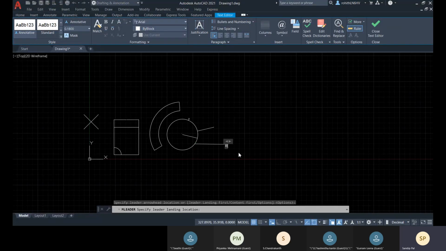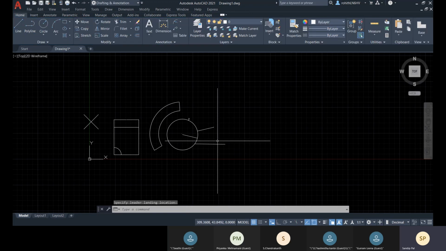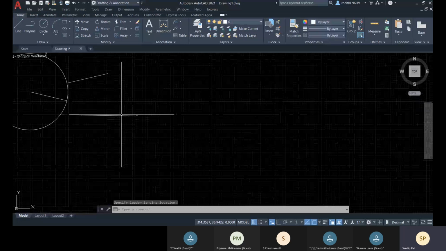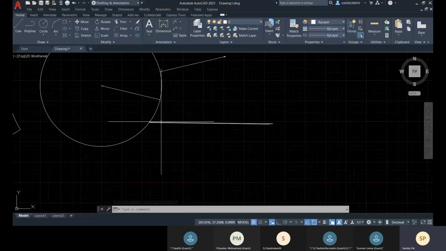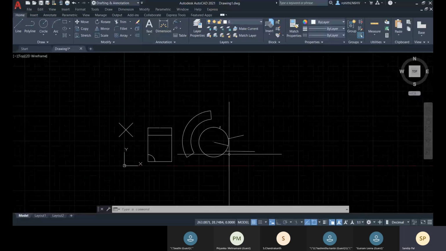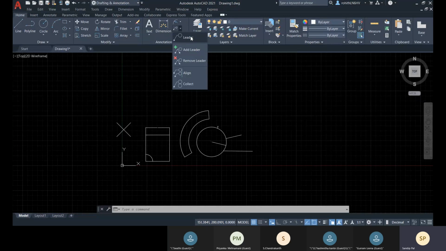Like let me type bolt head, or you can say circular column. This is right. Okay. So that's how you can do it with this leader.